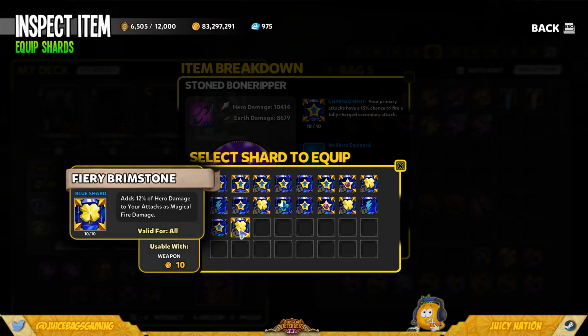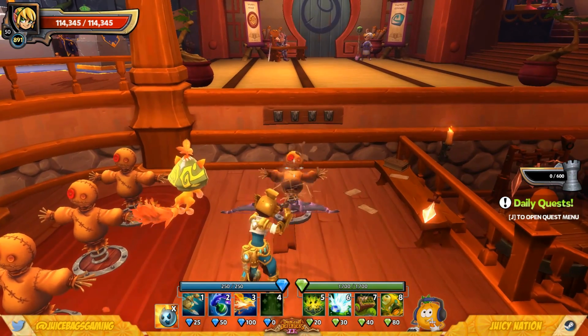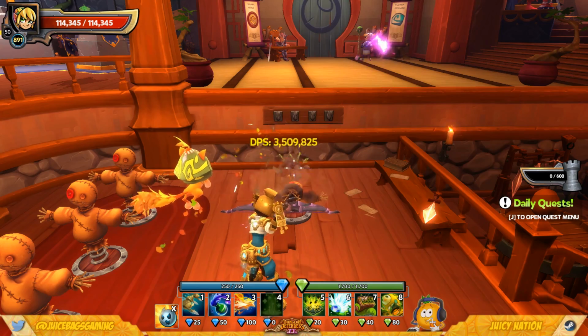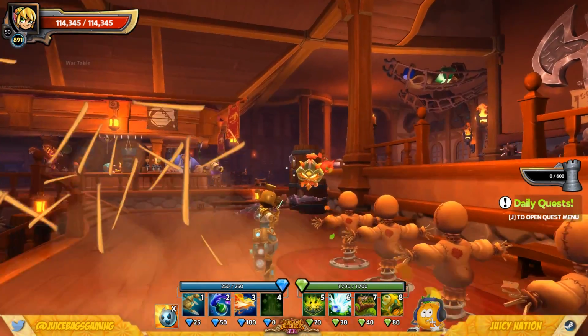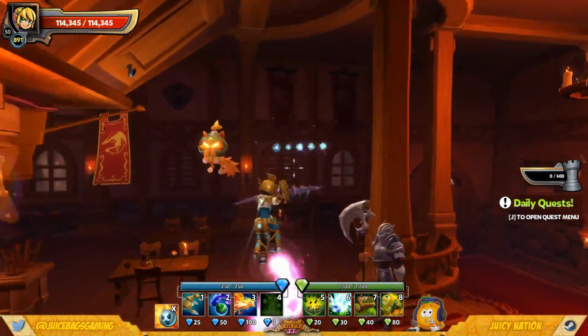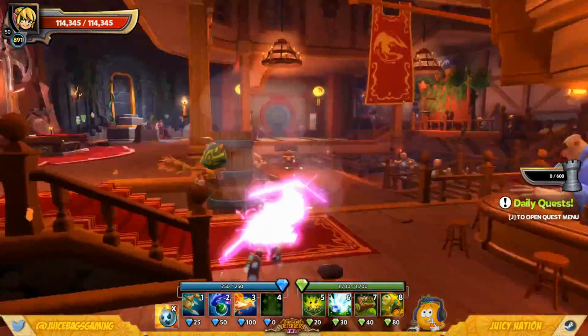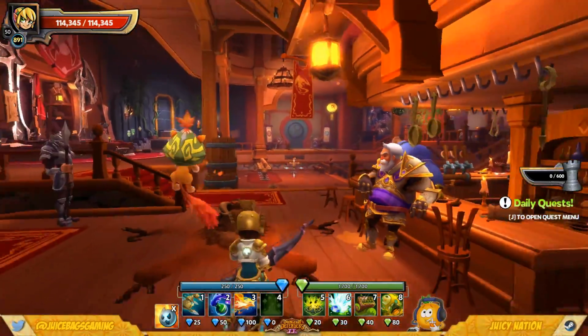I'm using charged shot and fiery brimstone. I'll get to those more in a minute. Now, I'm not going to do as much damage, but I'm still over 3 million DPS, so there's nothing for me to really complain about there. I can use a shot type that I personally enjoy more and still maximize the amount of DPS you can get out of it. It's not going to be as high as the Scatter Shot,